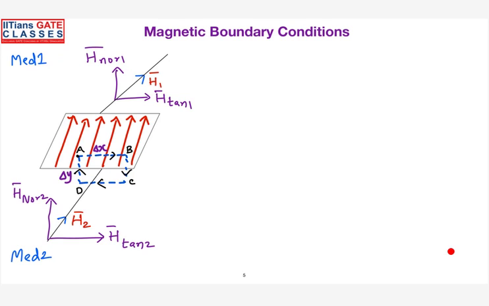Do you remember the concepts of boundary conditions that we discussed in electric fields? Can anybody tell me? What is the first boundary condition? E tan 2 is equal to E tan 1. Okay. Next one. D tan 2 minus D tan 1 is equal to rho. No. Is it D tan or the normal component? Normal components. D normal 2 minus D normal 1 is equal to rho S.